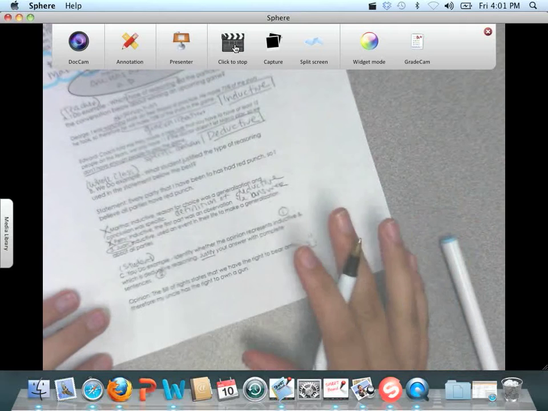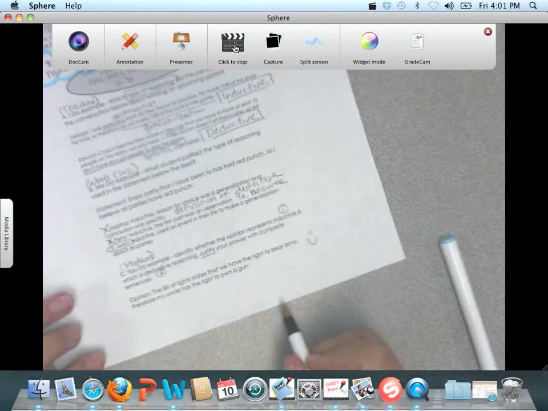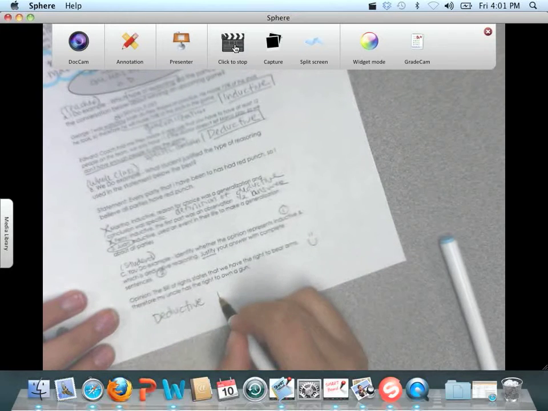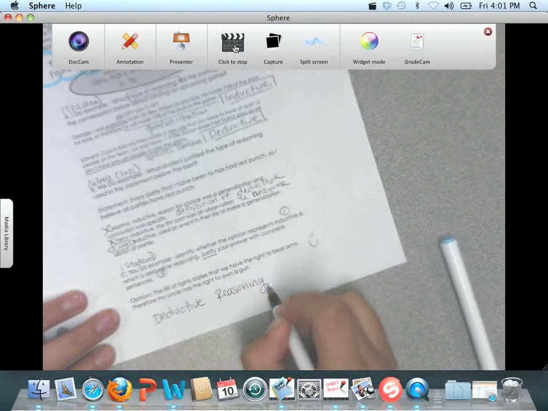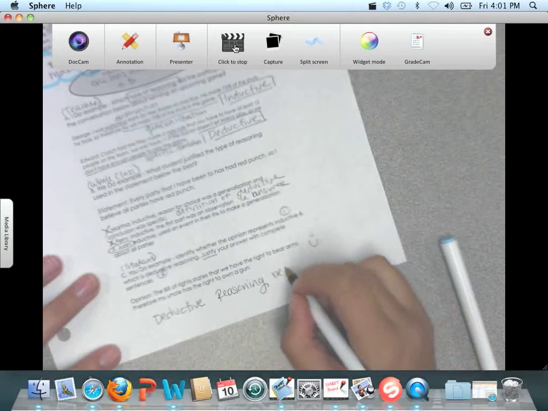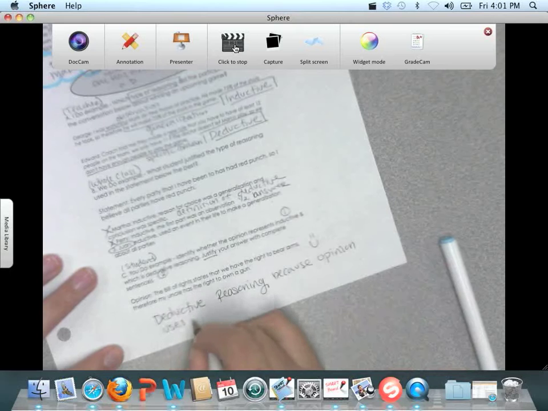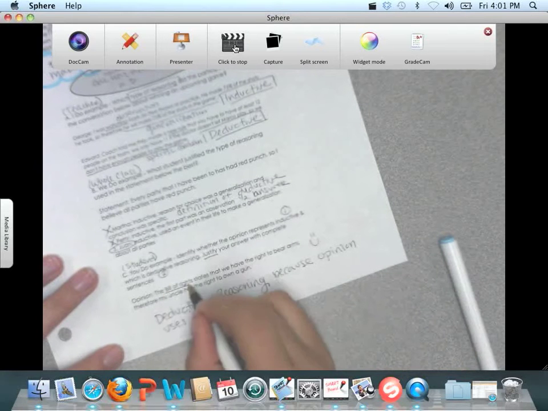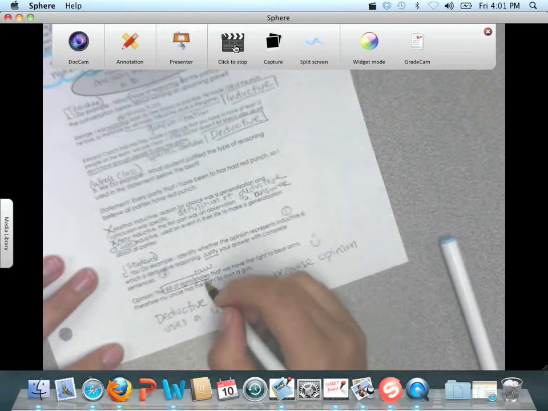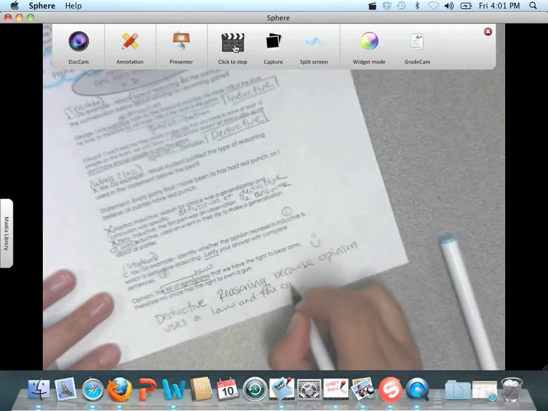All right, so hopefully you had enough time to at least decide between inductive and deductive. The answer is deductive reasoning. The reason it's deductive reasoning is because the opinion uses a law. This is a law. Oh, my W has too many little curlies. That's okay. It uses a law, and the conclusion